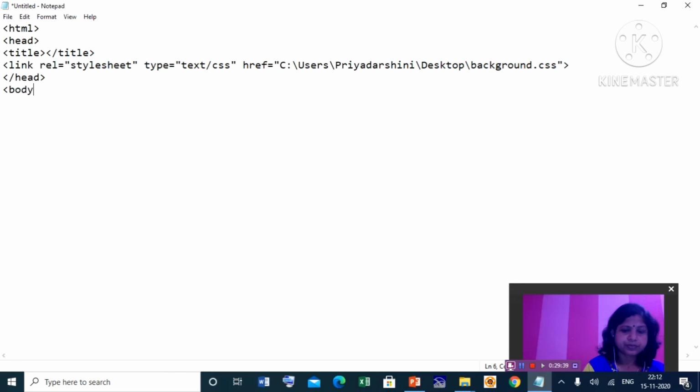Next, we'll start body. Inside body, suppose h1, then suppose paragraph, where the background-image property is used.